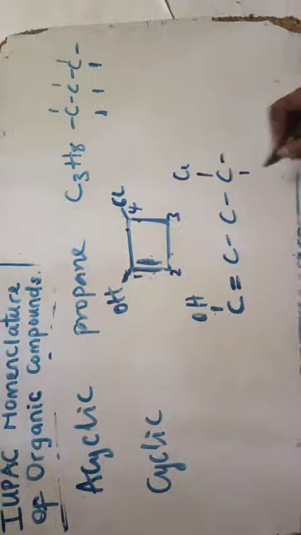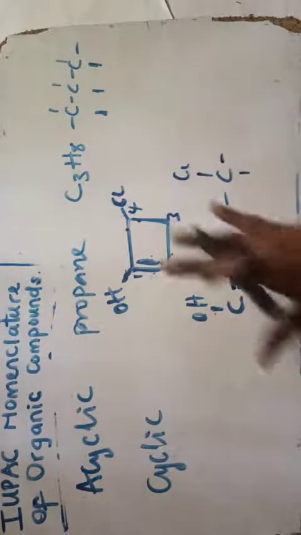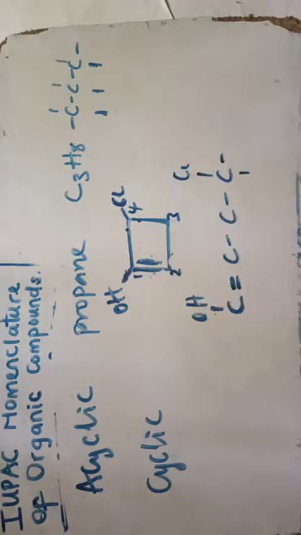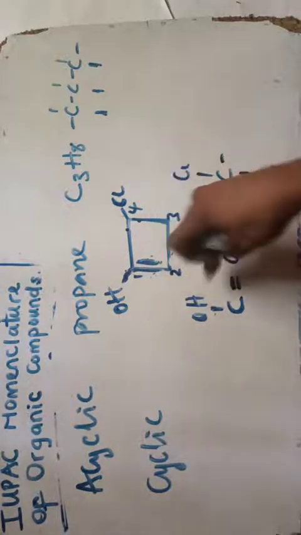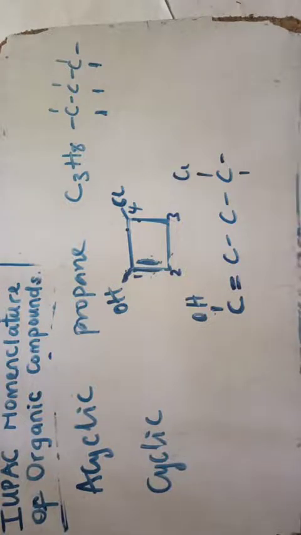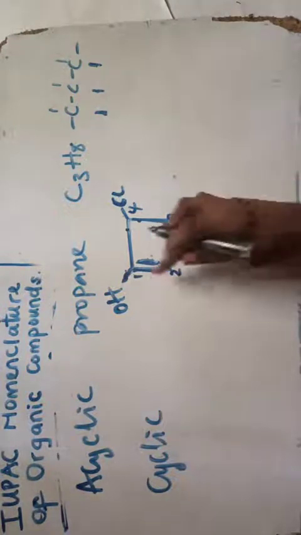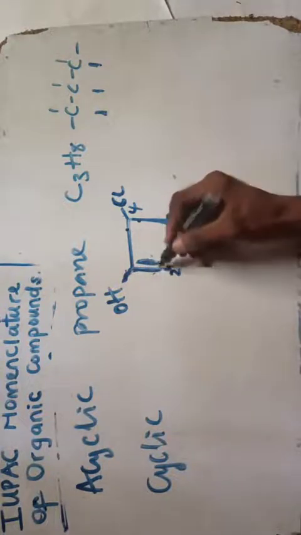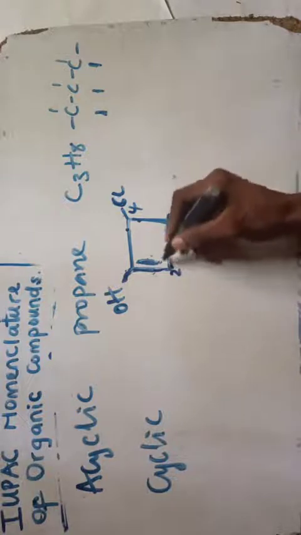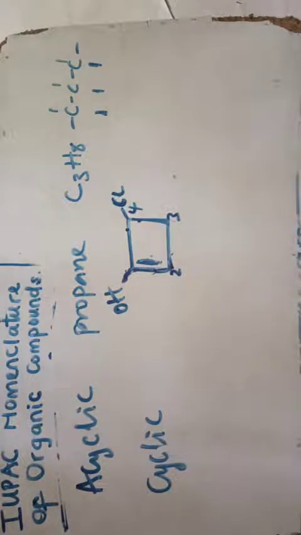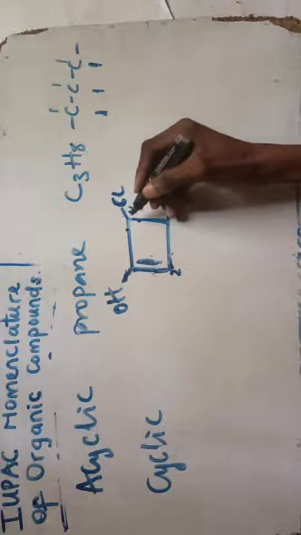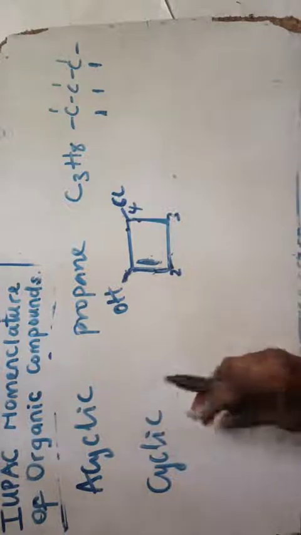So you should be very, very careful. Don't misconceive it by trying to blend it and bring it like this. Rather, just learn it from naming this compound here. So what do you do? It's already 1, 2, 3, 4. You should not worry about the amount of hydrogen present there, but you can also find it. The amount of hydrogen present here is not the same as in an acyclic compound. That's why it is cyclic.